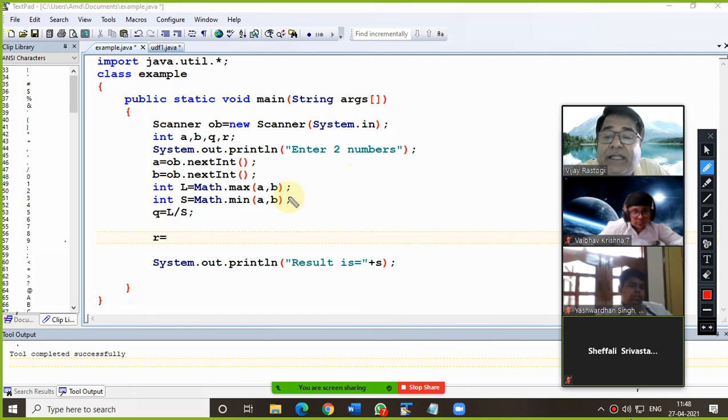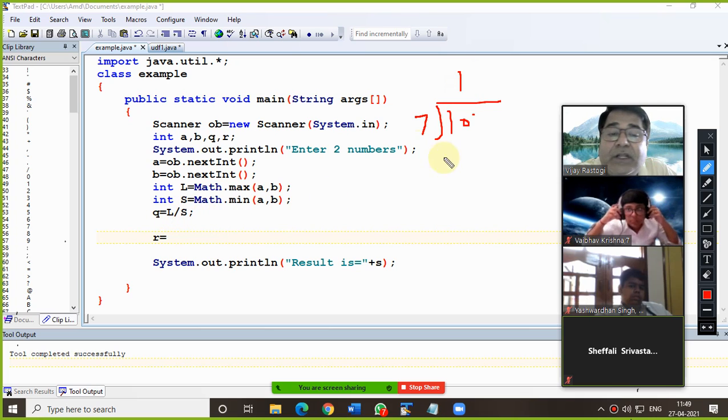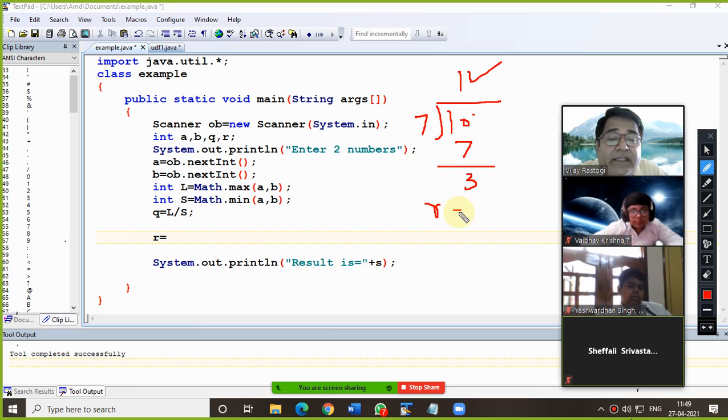So now suppose the largest number is like 10 and then the smallest number is 7. For finding the quotient, L upon S, this is the quotient, and for finding the remainder, the working is the largest number minus the quotient into the smallest number.